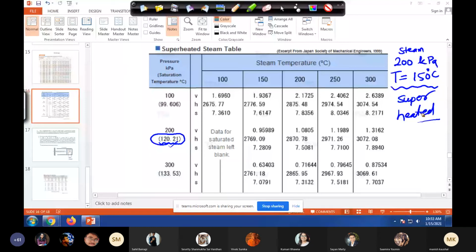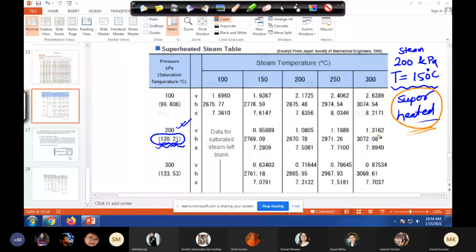Once you are in the superheated regime, it's a kind of simple gas. So when you increase the temperature, it is expected that entropy will increase, volume will increase, and enthalpy will increase. That's why for a given pressure in the superheated steam table, the saturation temperature is mentioned in brackets, so that you can identify whether you are in the superheated regime or not. That is point number one. Listen carefully. In the superheated steam table, see the pressure at which your system is, and then see the temperature in the bracket, that is the saturation temperature. If your temperature is higher than that, your vapor is superheated.